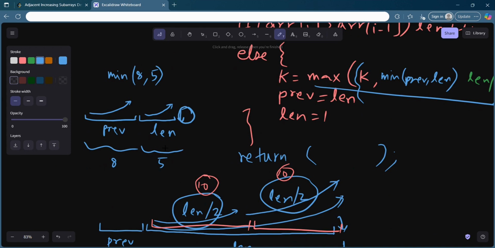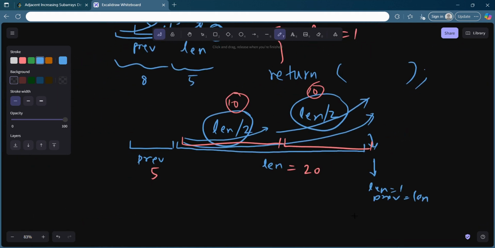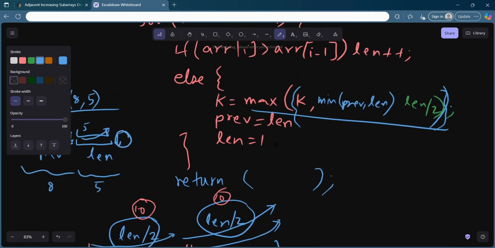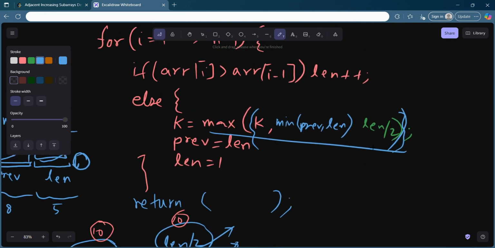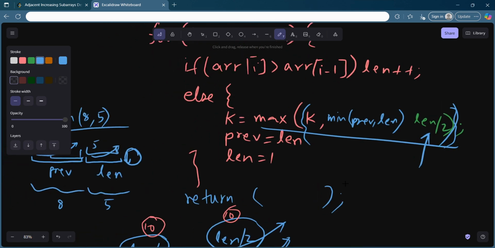Okay, so you see, basically we are taking these two arrays where this is also 5 and this is also 5 in this case by taking the minimum, and by len by 2 I mean that let's say len is very large, even much larger than previous by 2, so large that even len by 2 is greater. So in that case there might be a possibility that len by 2 is also giving you some value, okay, some contributing to the maximum value. So you can just update your previous and len and return it.